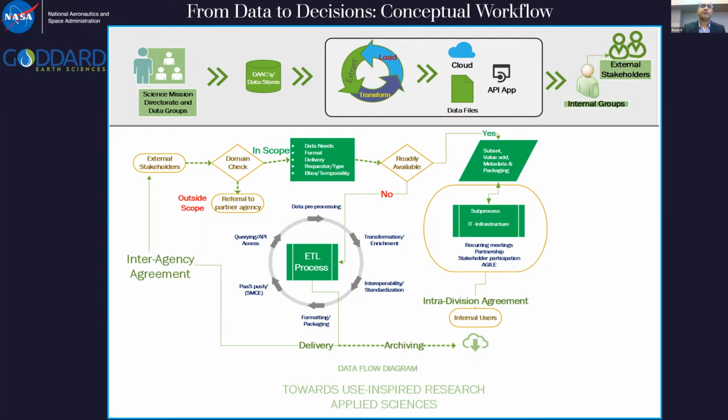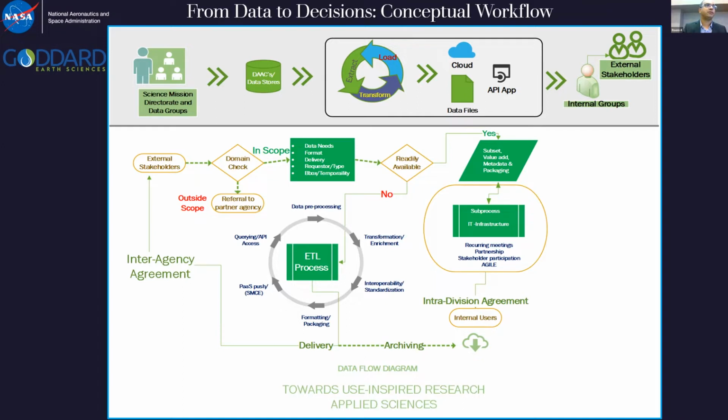Now on the left side of it, if this data is not available, that is when the heavy lifting happens, right? That's where the ETL process begins. We do data pre-processing, transformation, enrichment, interoperability and standardization, which is very important because there's a lot of talk about a particular format being used, but if it's not interoperable, then it's a challenge to stakeholders and also to people trying to put that data in their workflows. So that's an important step. Then formatting, packaging, and then any